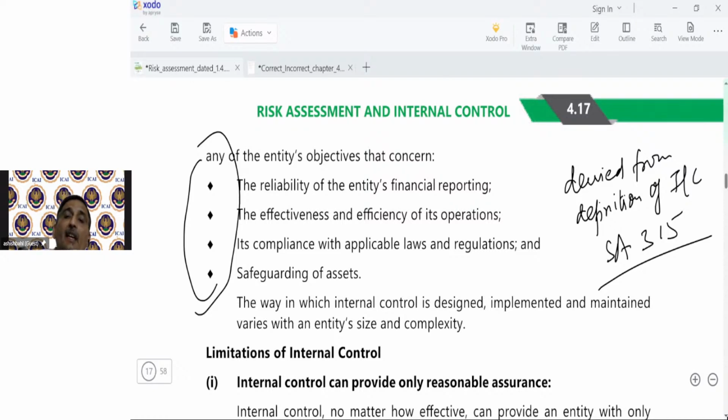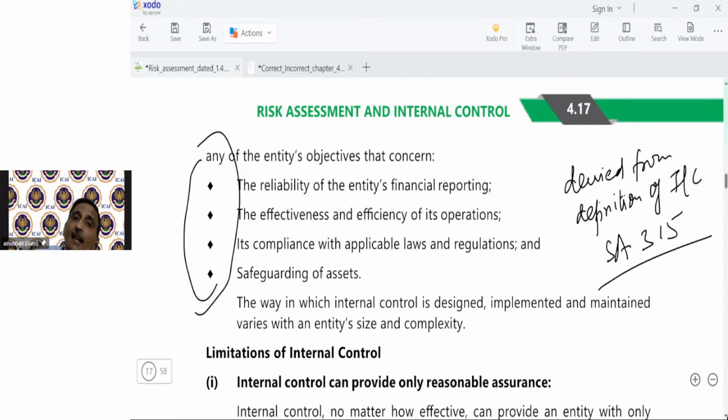Say if a company is not compliant with laws and regulations, then how does it affect the auditor? It increases the possibility of misstatements, because if the company is not compliant, number one,